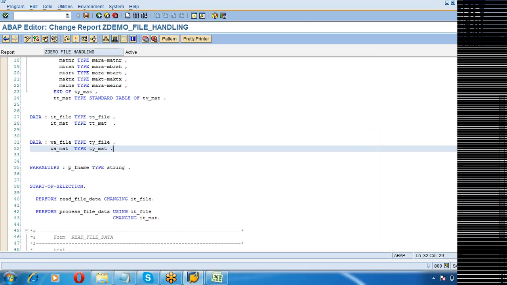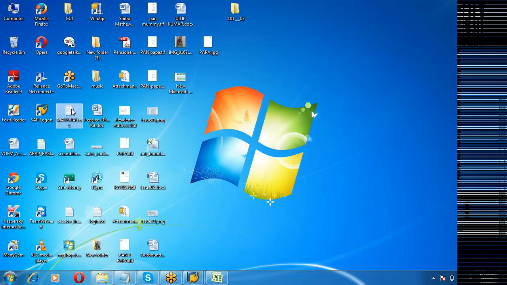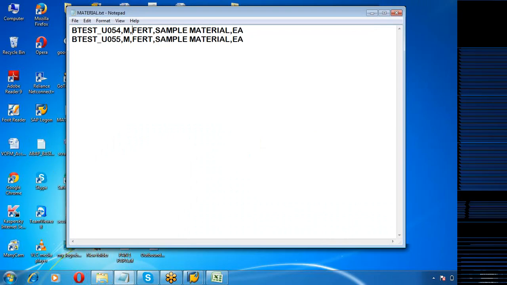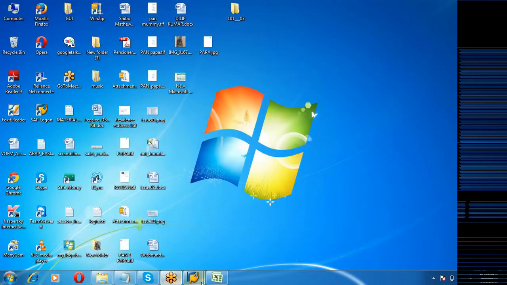When I finish this program, the data is not getting posted into SAP. Shibu, in case the file which we load has some field data missing, then how will it work? If suppose for this record FERT is missing, the file should be like this. There should be a comma separator like this. Oh, okay, right. Let us try to load this file and see.